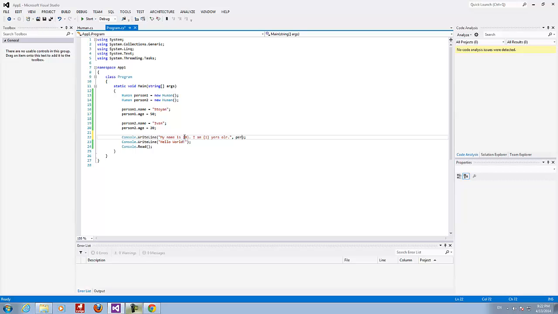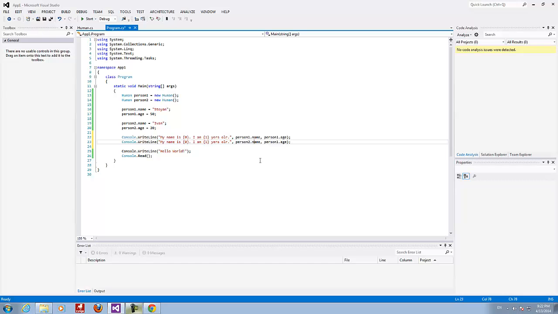Okay, person 1 name, person 1 age. I like to think about the objects like the real creatures which exist in the virtual reality, because this way it's easier to understand the concepts. And I will introduce the second person the same way. It's very easy right now.